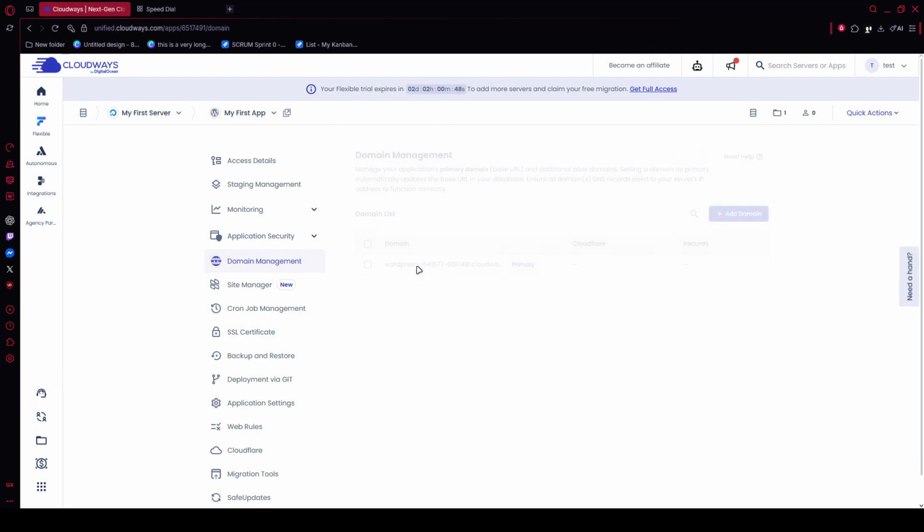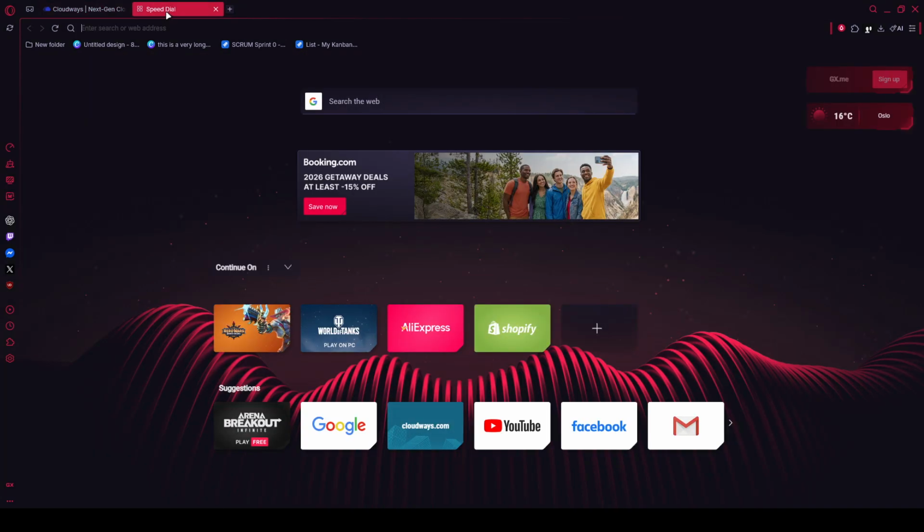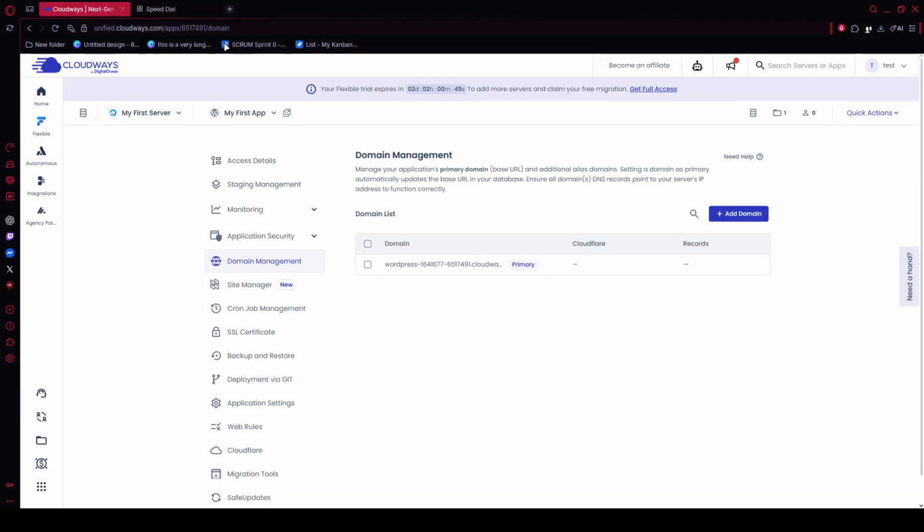Finally, open an incognito window and visit your domain. Confirm the website loads correctly and that the browser